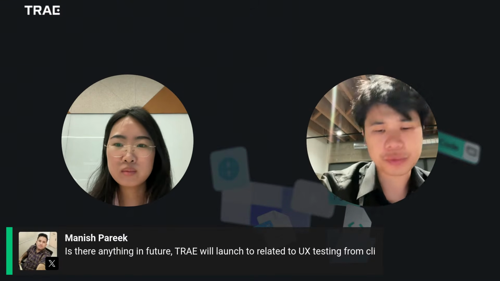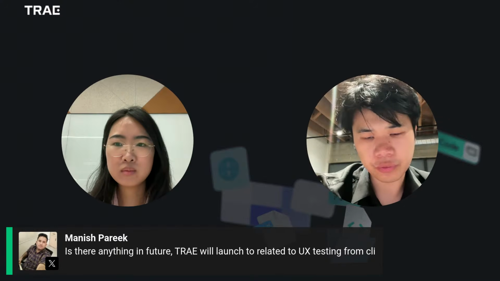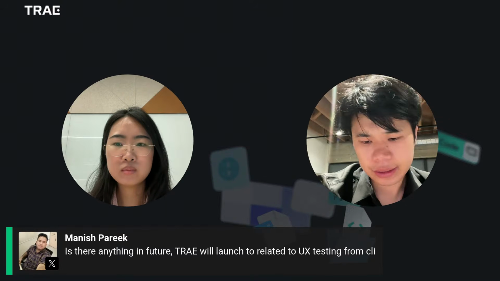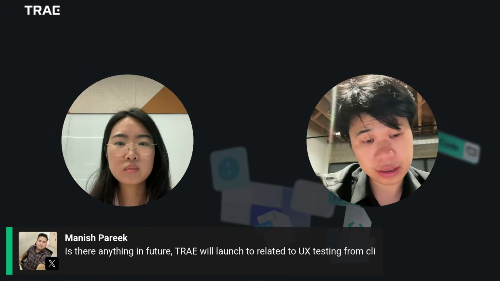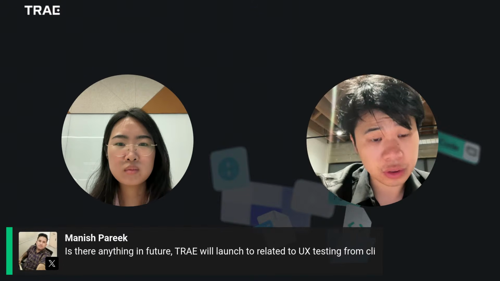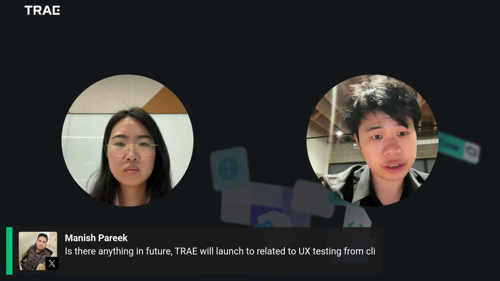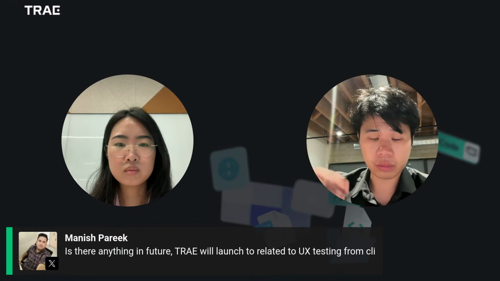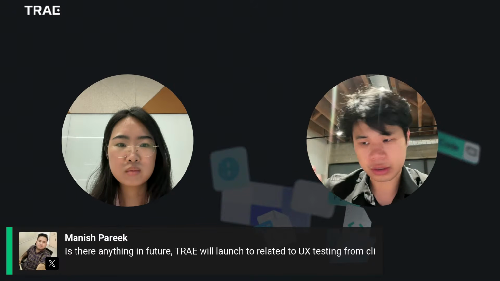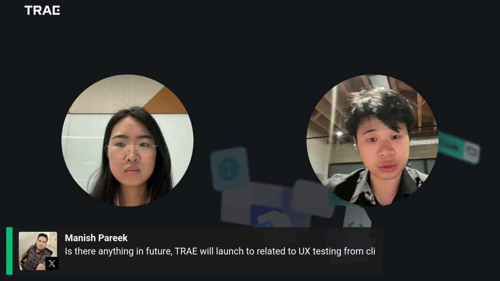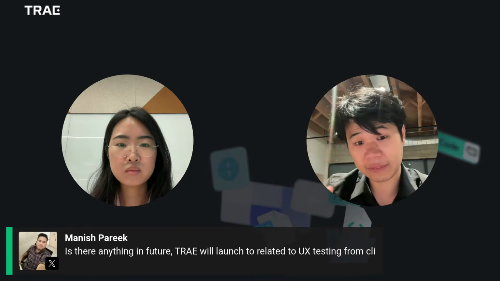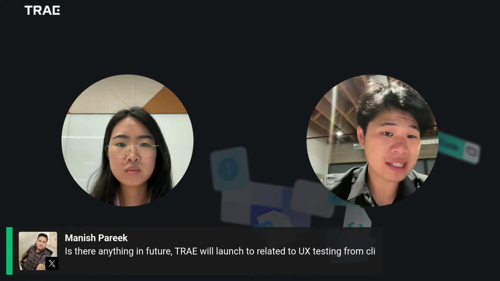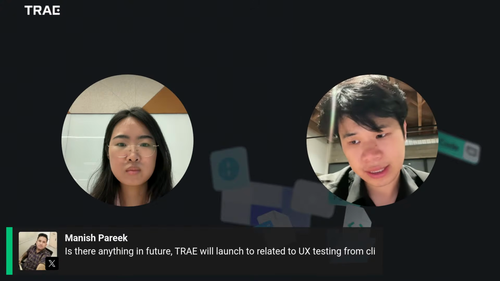To be honest, right now, for the UI UX testing, we already have an MCP. It's called Tesla Sprite. If you go to our marketplace, it is focused on using the browser and working like a real human to interact with each component and give the feedback to you. So it basically completes the UX work. And so I think you can definitely try it out.